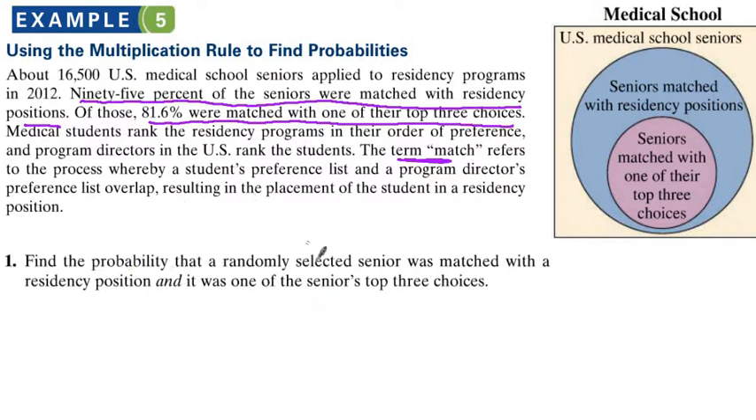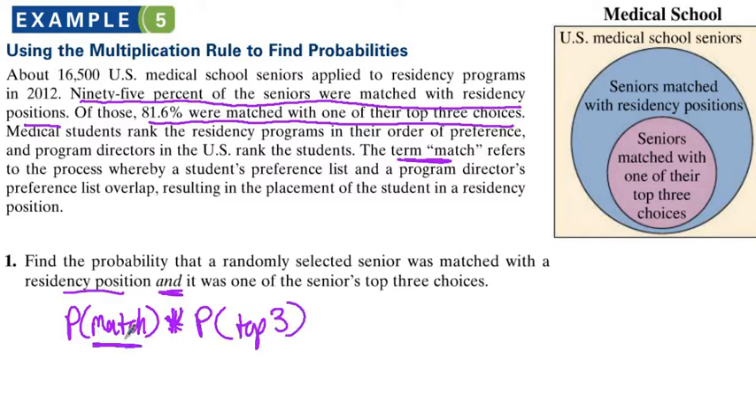The question says, find the probability that a randomly selected senior was matched with a residency position and, once again, "and" means times, and that it was one of the top 3. What is the chance of a match? Well, we know right here they're telling us it's 95%, so 0.95 times, what's the chance that we got one of our top 3 choices? It's that number, 81.6. So all you have to do is multiply those together, and when you do that, you end up getting,